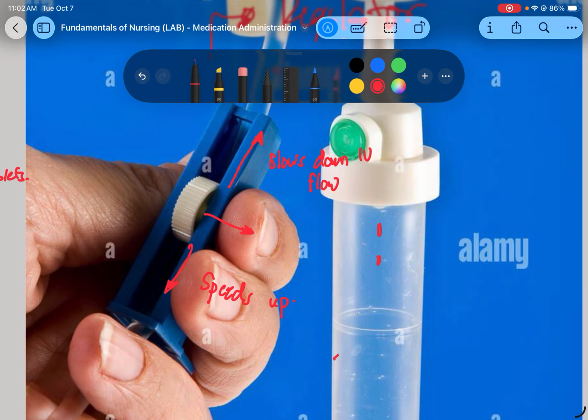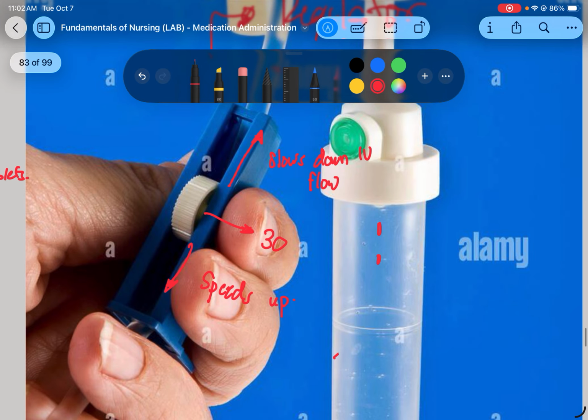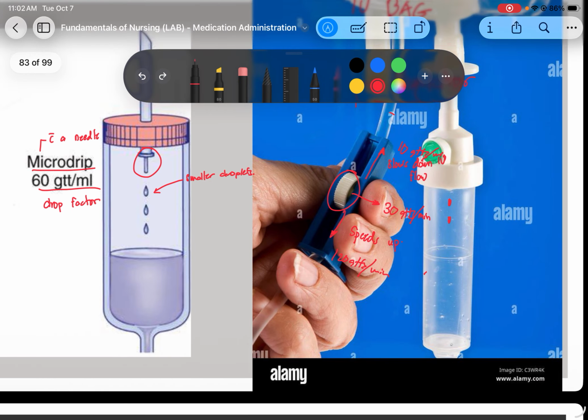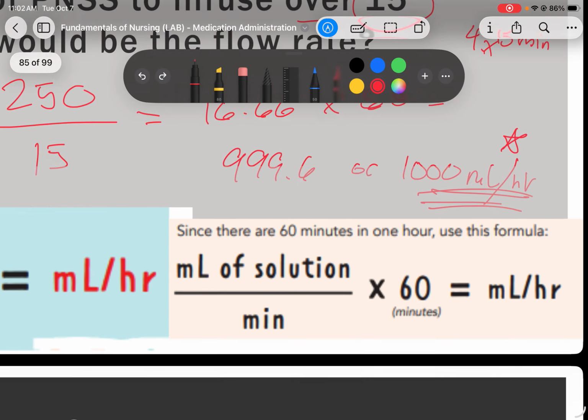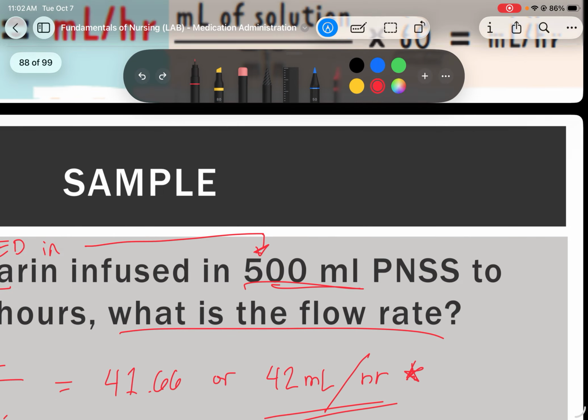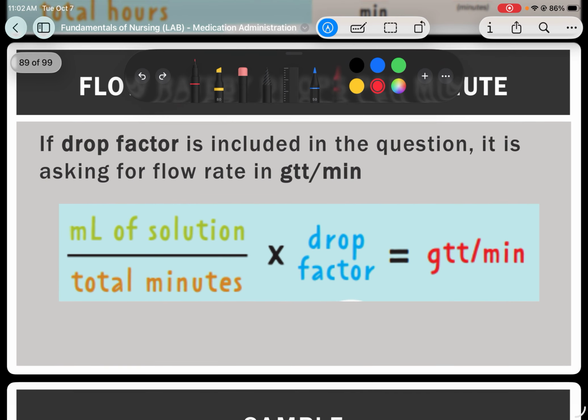So let's say for example, here in the middle, it is 30 drops per minute. Possibly, if you put it up, class, it might go to 10 drops per minute. If you open it up, class, then it might reach 120 drops per minute. And your job as a nurse is to regulate this one to follow your formula, which is how many drops per minute. And you really need to count how many drops are occurring per minute. Okay? Sige na siya, class. Sige, let's continue. You will learn more about that in your IV priming, but this is just the